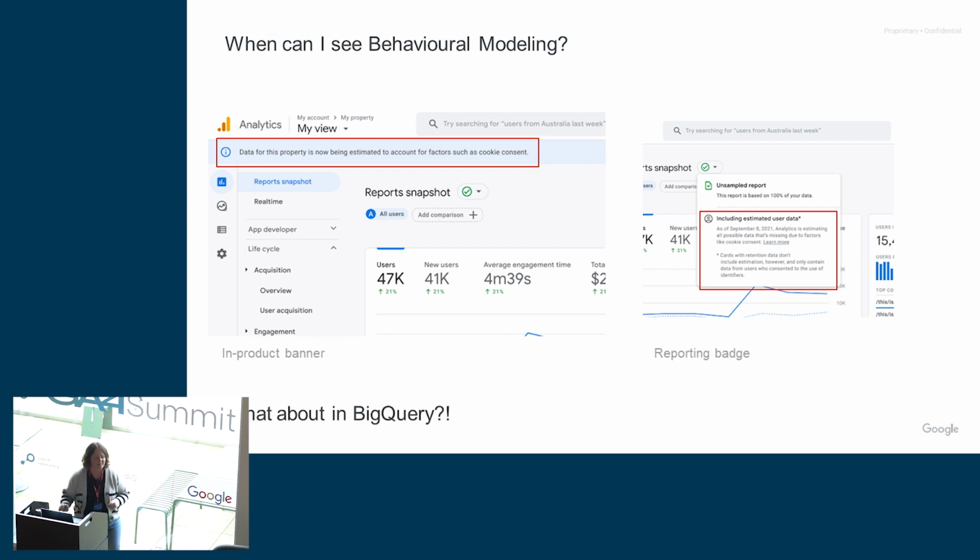And then the next most asked question is, what about in BigQuery? Do I see this modeling data in BigQuery? And the answer here is no. There is no modeling in BigQuery, but what you do get are all of those pings. So all of those cookieless pings that were sent to Google Analytics, you have those pings in the BigQuery export,